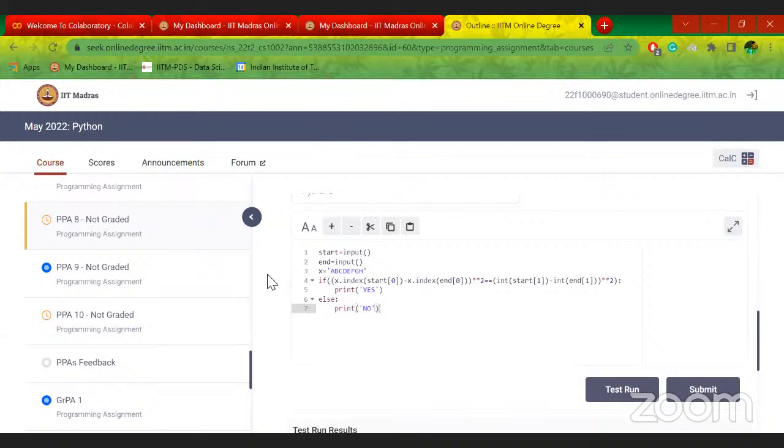That is the idea. Start of 1 means what? Start of 1 means it will take C1, no? Start of 1 means 1. It's not C1. Start means C1. Start of 1 means 1. Start of 0 means C. Start is a string, right? Start of 0 is the first character of the string. So start of 0 is C, there is no comma between C.